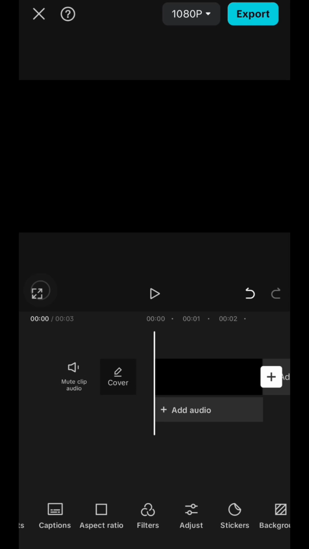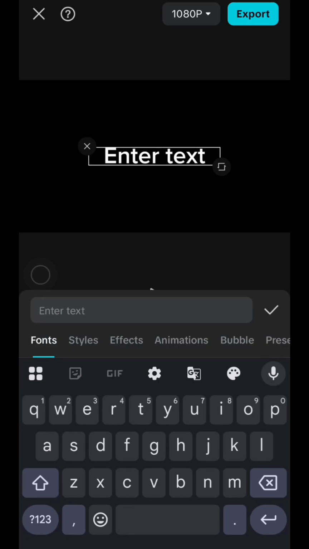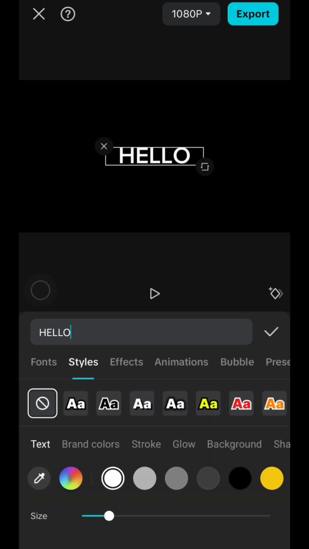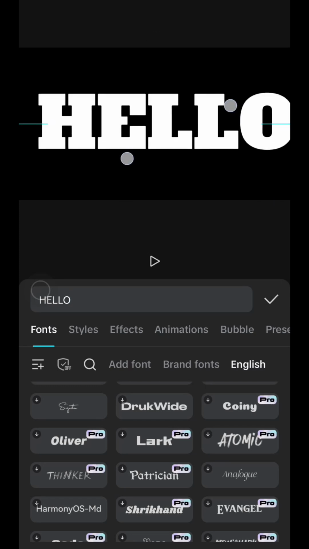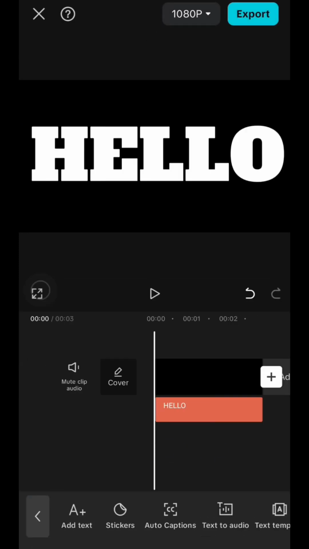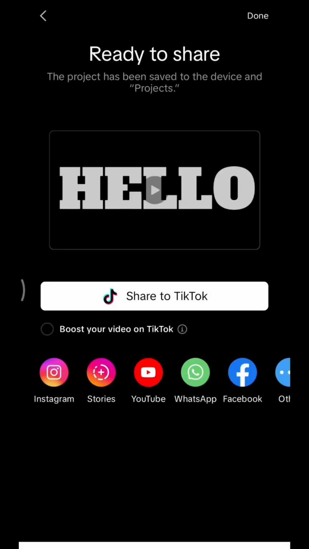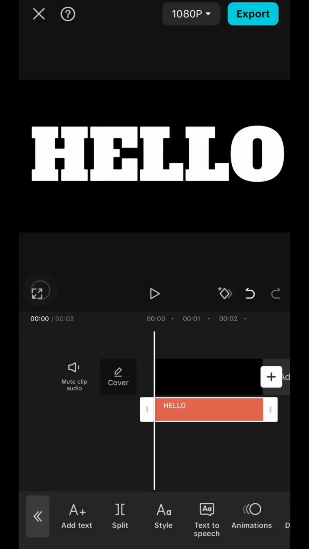Just choose any font that you like, but make the color white so it pops. Next, just export the clips, and then go back to your projects, and then just delete the text, and then